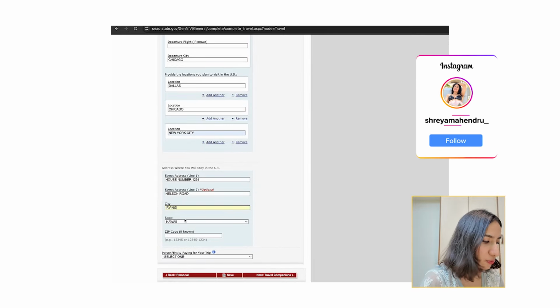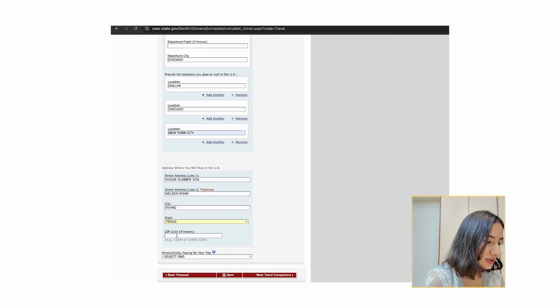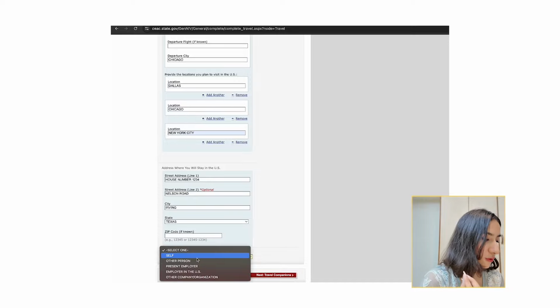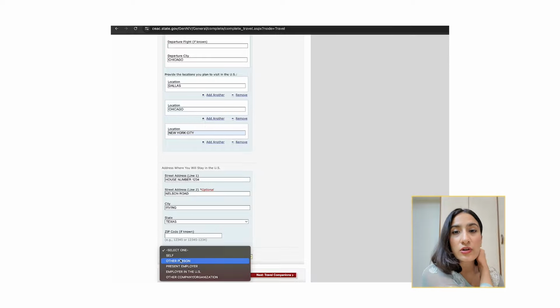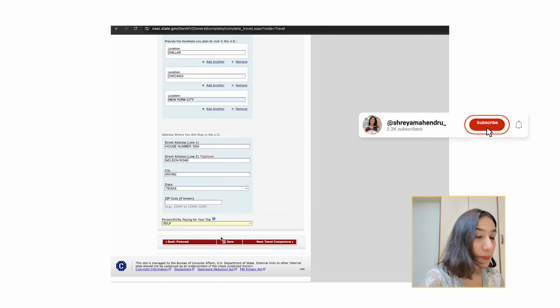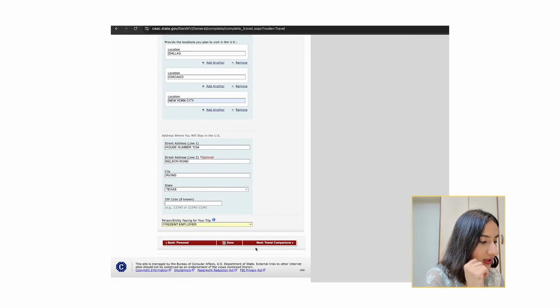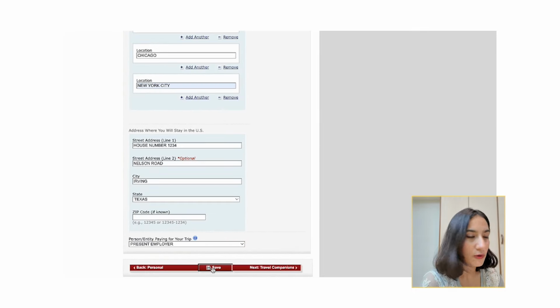And next, to put the address where we will stay in the US, you have to give a very clear address here. You have to make sure that you put either the hotel address if you're going as a tourist, or if you are going to be staying in an Airbnb, or maybe some hotel arranged by your office, you have to put the details of that too. Then we'll also put the zip code just in case, and also the person who will be helping you with your stay in the US. So you need to add the details of that one too. If you are going by yourself, then you of course add self, but depending on the situation with you, make sure that you add the details of that too.